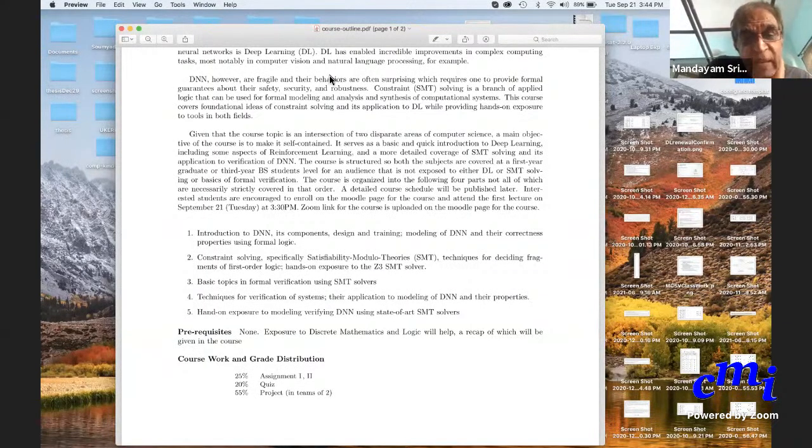We will be giving a two-lecture condensed refresher course on logic. Beyond that, we'll give some references to books that are good at